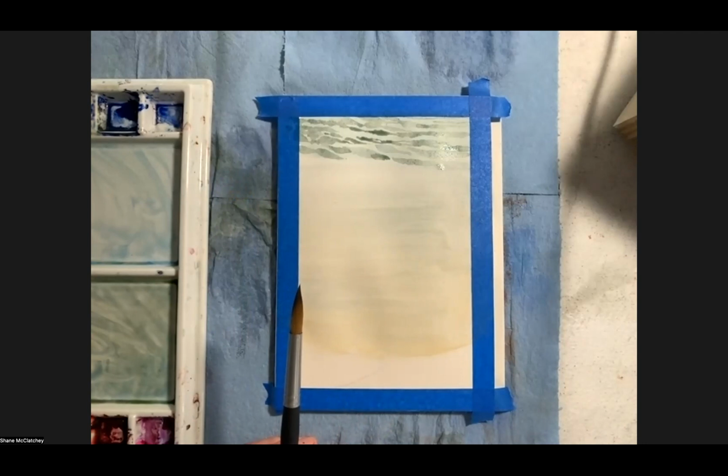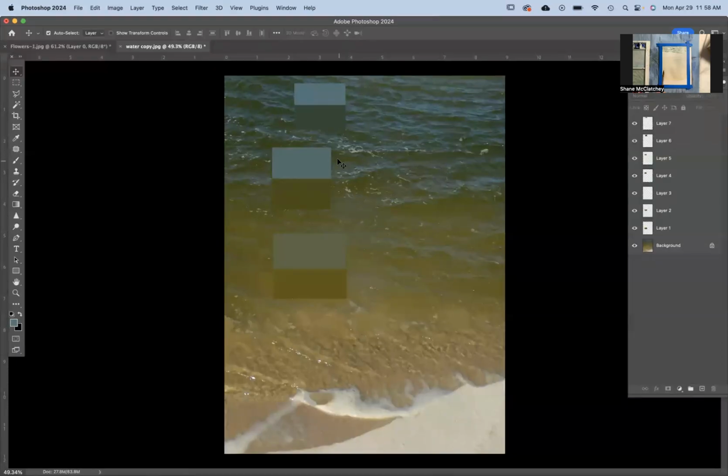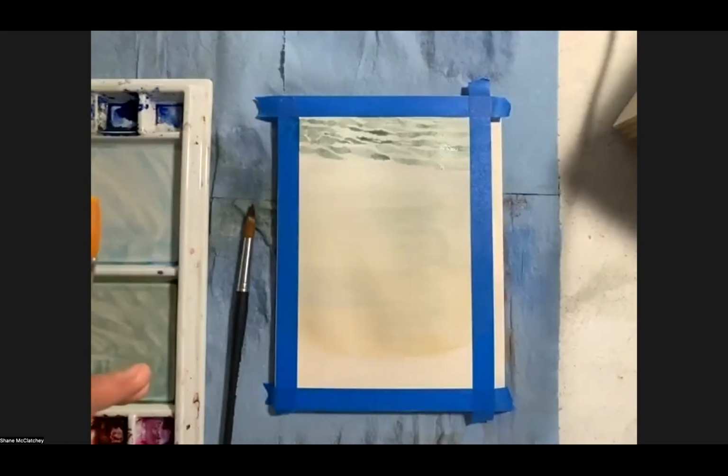Going back to this one, I might remix this lighter color right here as I get into this middle zone. Maybe I can try that right now. I'm gonna use a flat brush for this. Back to that